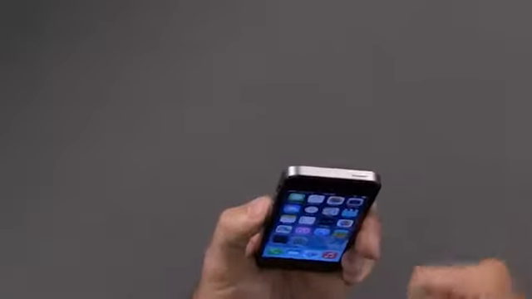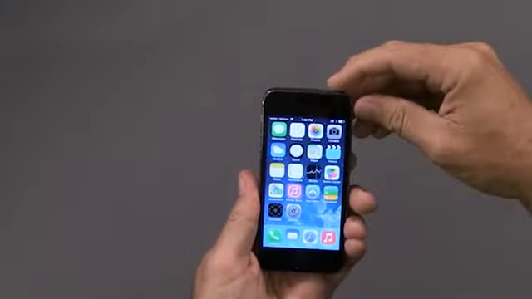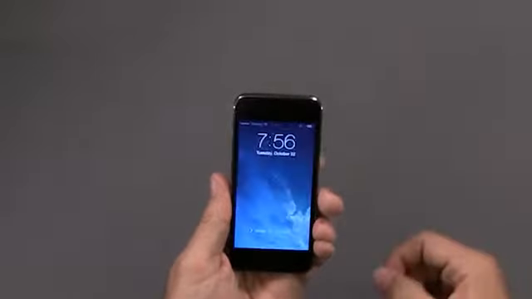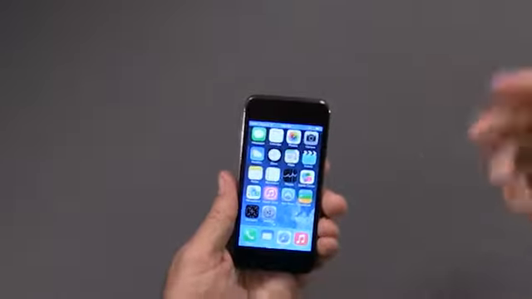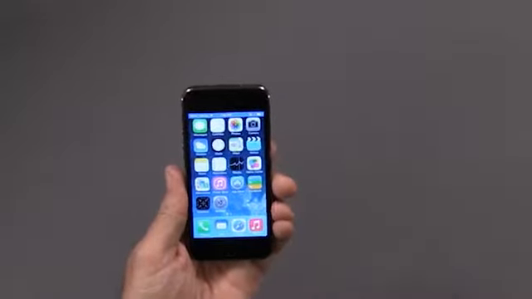And I'm going to start by talking about the button here at the top, which is my sleep and wake button. Now, you'll see that my phone is on. The sleep-wake button, if I press it, puts my phone to sleep. It's my quick way of getting it turned off. Want to turn it back on? I just press it again. We're going to find out later that that button does a whole lot more than that. It allows me to turn it off. It does some other cool, neat stuff.